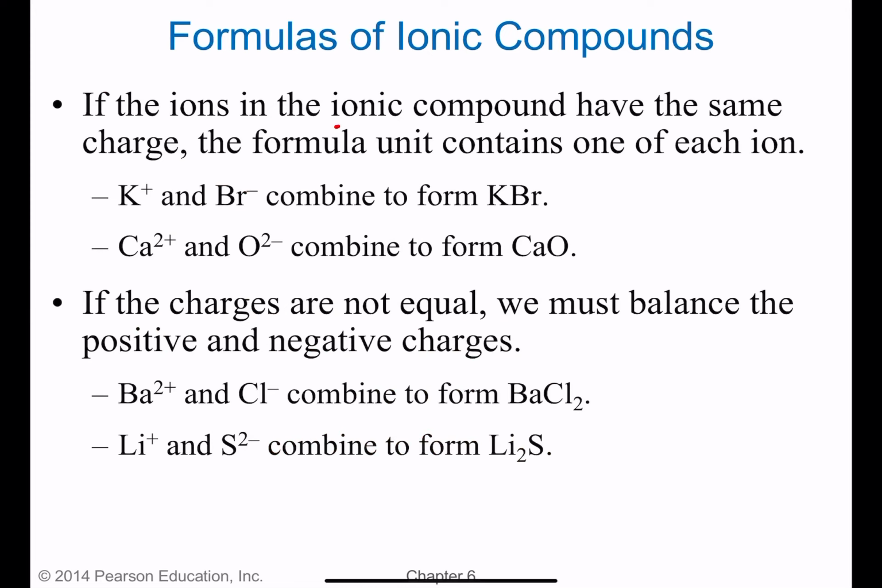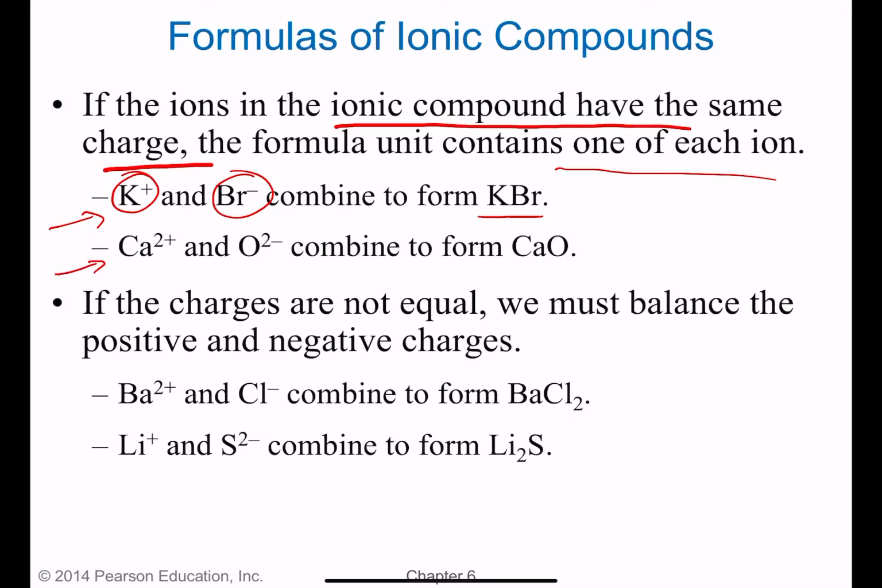If the ions in the ionic compound have the same charge, then it pretty much contains one of each ion. So for example, potassium and bromide, you only need one of each to create a neutral compound: a positive one from the potassium and a negative one from the bromine. One of each is all you need. With calcium and oxygen, both of them are 2+ and 2-, respectively. So again, only one of each is required to form a neutral compound,